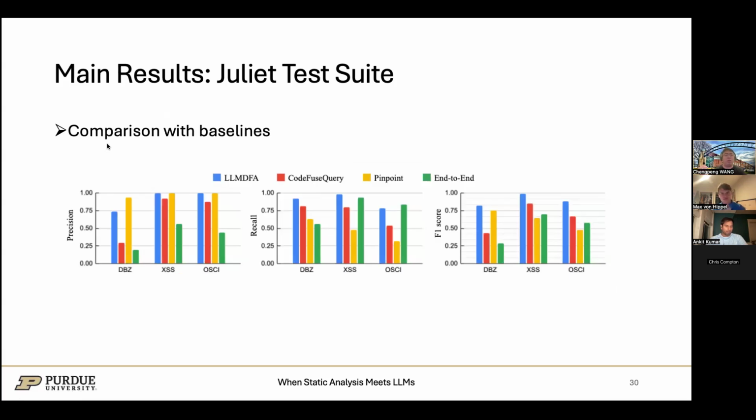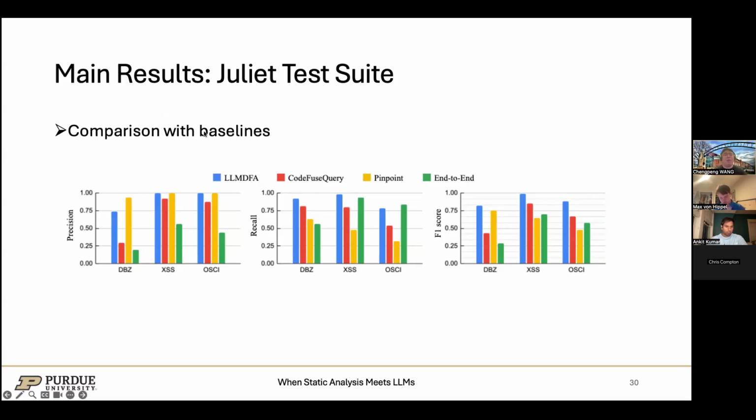And we compare our approach with three baselines. The code queries industrial tools support compilation-free and customizable analysis, but writing such queries is quite difficult. Actually, if we want to customize the detector, we have to write over 100 lines of domain-specific queries. So this is not easy for the developers or